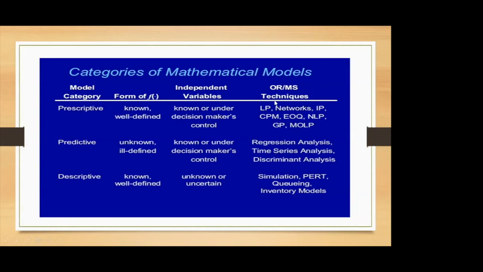So these are the statistical methods we apply to construct the models: prescriptive model, predictive model, descriptive model. Okay, so you all know what the descriptive model is. Here it is unknown or uncertain, and these are independent variables. We don't want to discuss much on this technically. We would only like to know what techniques we use for constructing these models: prescriptive, predictive, and descriptive models. Okay.